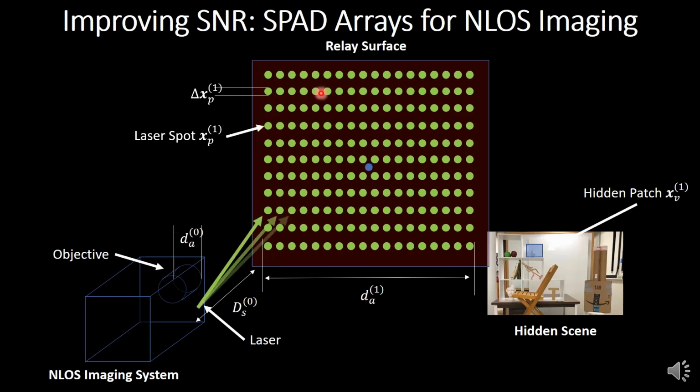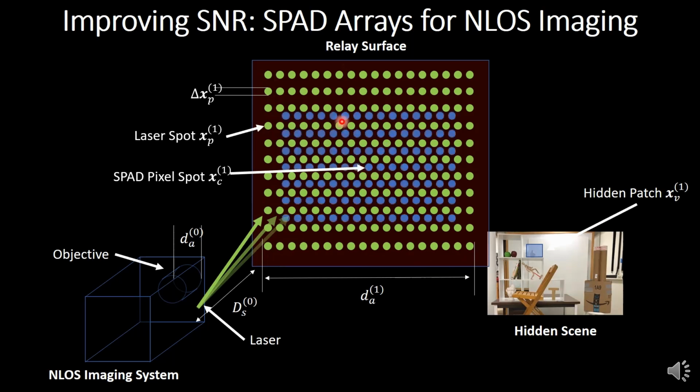And then I look with the single pixel detector. Now, if I send a lot of photons to a green spot here, some of them make it into the hidden scene, but very, very little actually makes it back to that blue dot. And all the other light that hits all these other points on the relay wall, even though they're being imaged perfectly fine onto my detector, all of it I throw away.